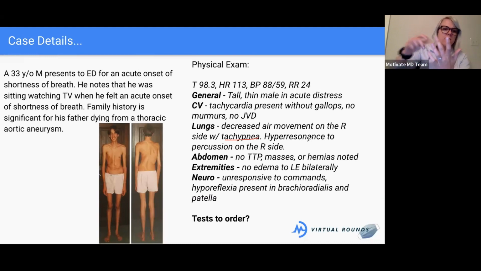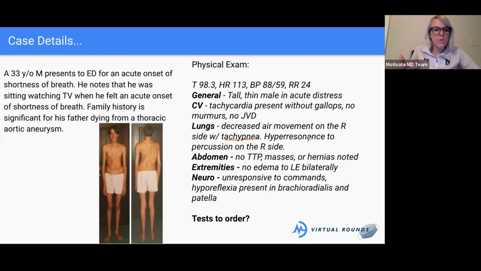So what you're doing is you're using your knuckle, your DIP, or I'm sorry, your DIP. I'm like all over the place. So DIP, I use my middle finger personally. And what you can do is do it on yourself right now. You can do it on your quad right now. When you percuss there, it should make a different sound than when you percuss, for instance, on your abdomen. And try this, you can do it to your roommate, and do it on their lungs and do it on their belly, and you'll feel the percussion changes.